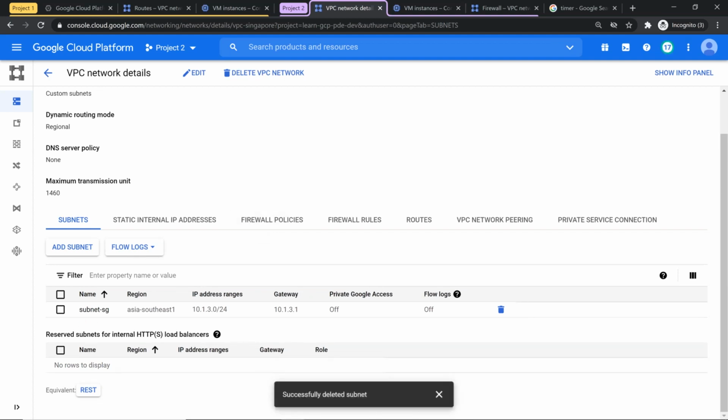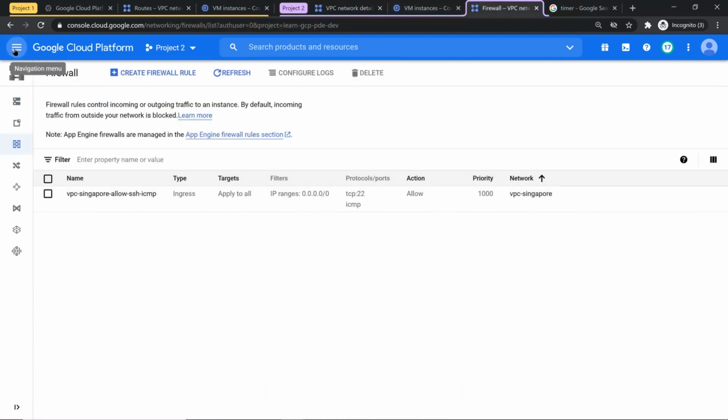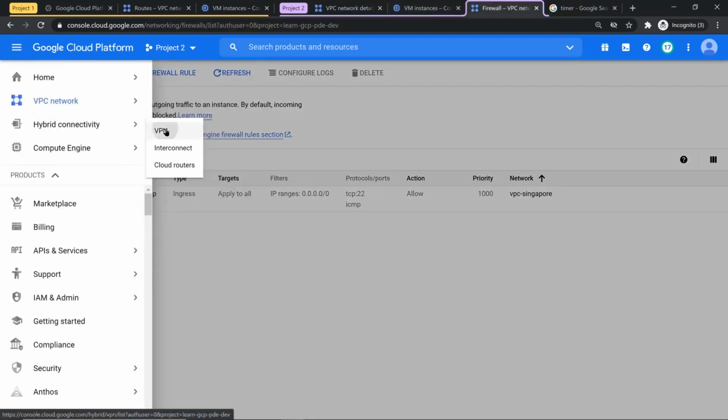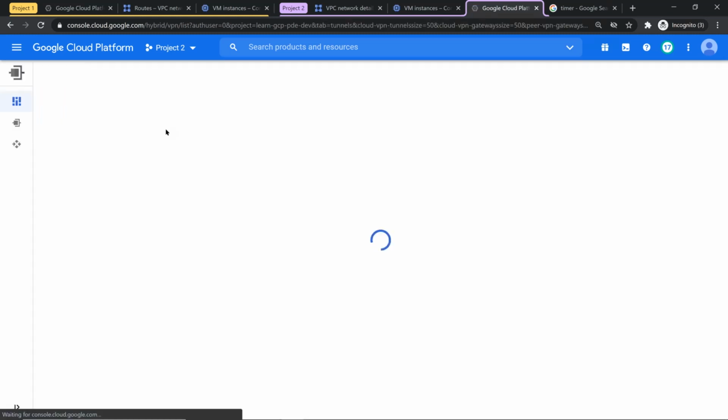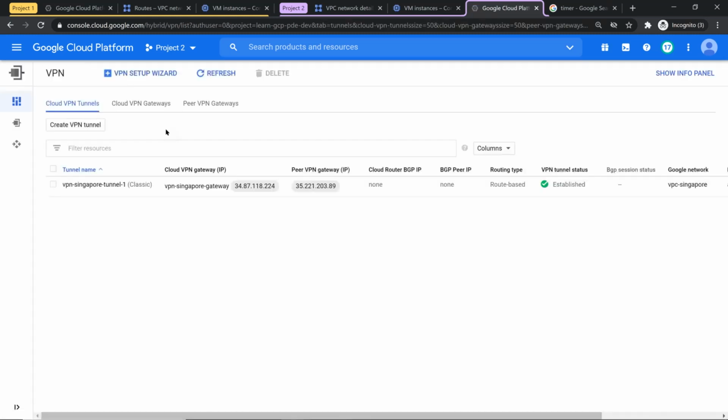Done. Now what I'm going to do is play little smart. I'm not going to dismantle everything. I'll go to my project 2. I'm going to keep my gateway as is, which is currently the tunnel is only going to be deleted because the tunnel is the one